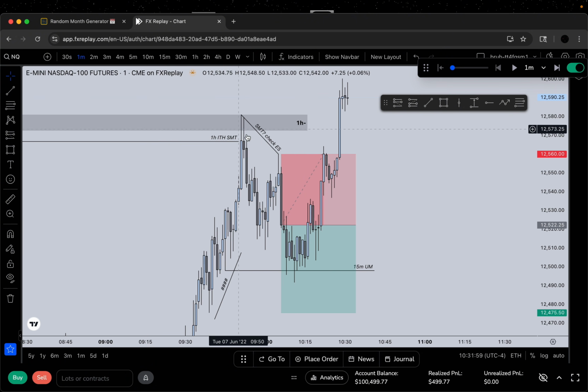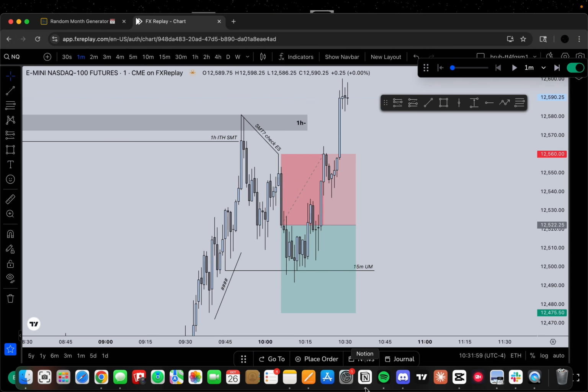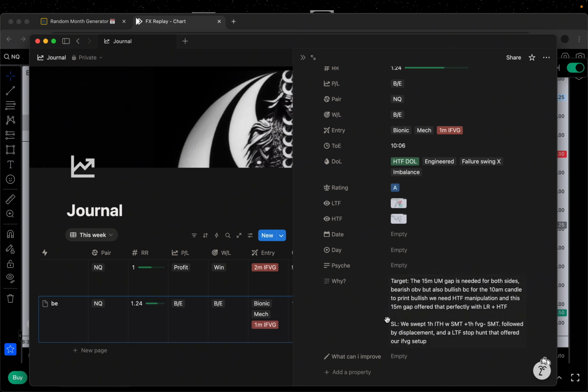So yeah, my stop loss, we obviously swept liquidity, hit a gap, so there's not any logical reason to go higher. And then this kind of confirmed this high, with the weird SMT, not really an SMT, just ES being weird, and then obviously this low time frame stop hunt that then confirmed it with the displacement. So that's why we're not going to go higher, and obviously going lower is way better. What can I improve? Definitely my SL. ES was a little weird, but my conviction didn't change at all.